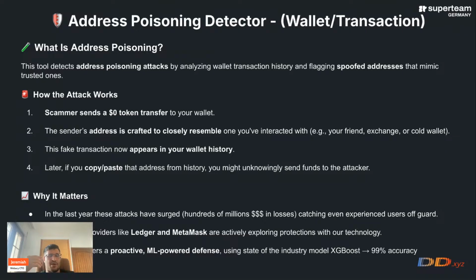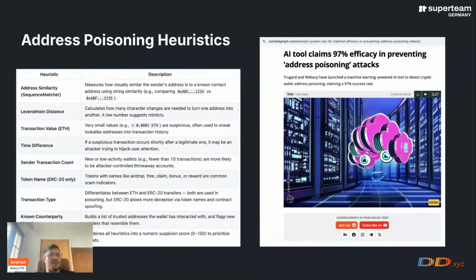And this is a full machine learning algorithm using XGBoost, and we're approaching 99% accuracy on this. So it's coming along very nicely, and we're constantly iterating and removing false positives and false negatives. These are the features that we show in there: address similarity, Levenshtein distance, known NLP algorithms, the transaction values, time differences. Oftentimes attackers will flood your wallet in a very short amount of time with addresses that don't have any previous